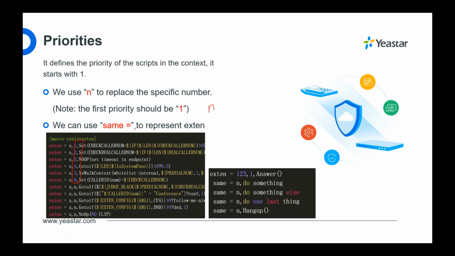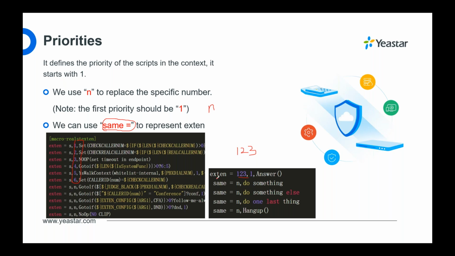And we can also use same to represent the extension. For example, the extension is 123, which means if someone dials 123,